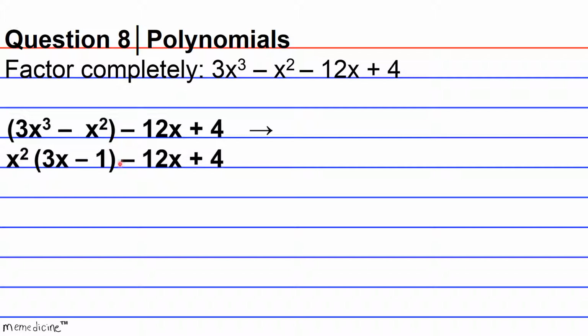Next, we're going to encapsulate minus 12 and plus 4. Visually, I know this looks a little awkward, but this is what it looks like. Again, we do a quick visual scan of the lowest degree term, which is x to the 0, with a coefficient of 4, and minus 12x. We notice here that we can factor out a 4, and the reason why I'm factoring out a 4 is so that I can end up with 3x minus 1